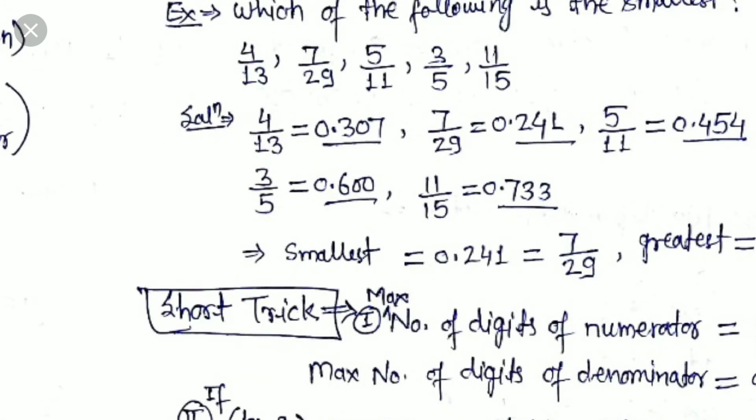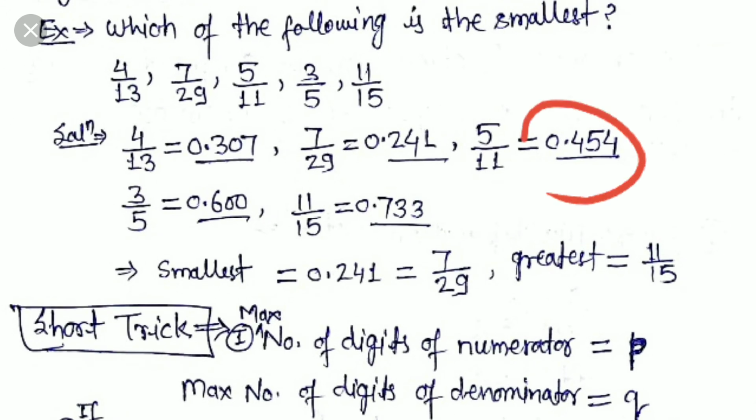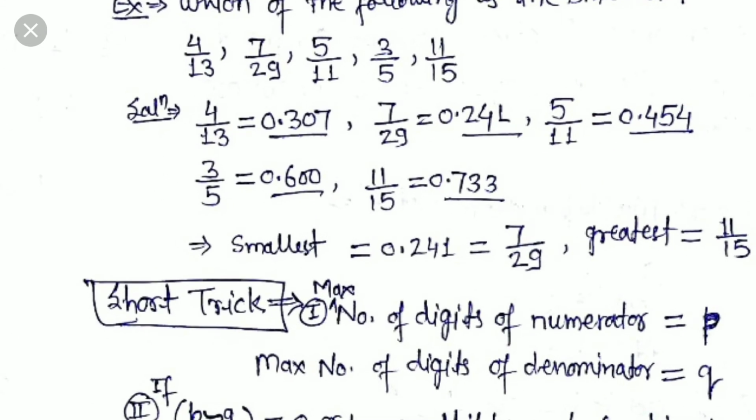13 3s are 39. 1, 10, 0. Then 100. 13 7s are 91. That is point. Similarly, 0.307. Similarly, 7 by 29, it is 0.241. 5 by 11, that is 0.454, 3 by 5, it is 0.6, and 11 by 15, that is